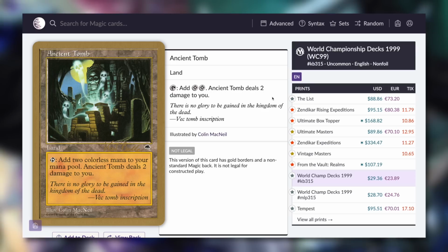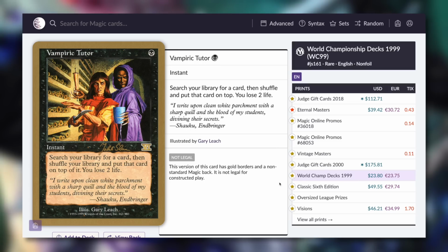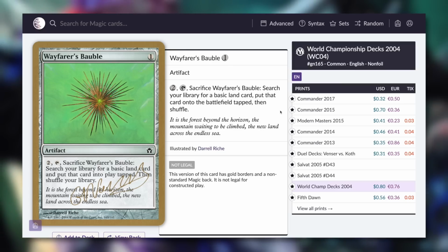Again, it's around $88, but there are two World Championship deck versions of it at around $28 or $29. So there you go, a good savings there too. Vampiric Tutor, yet another very expensive card. It's been reprinted a couple times, so it's around $40 right now. Still, $23 is about half the price. And of course, Wayfarer's Bauble, ironically, the actual gold border version is more expensive than the regular versions, but still,